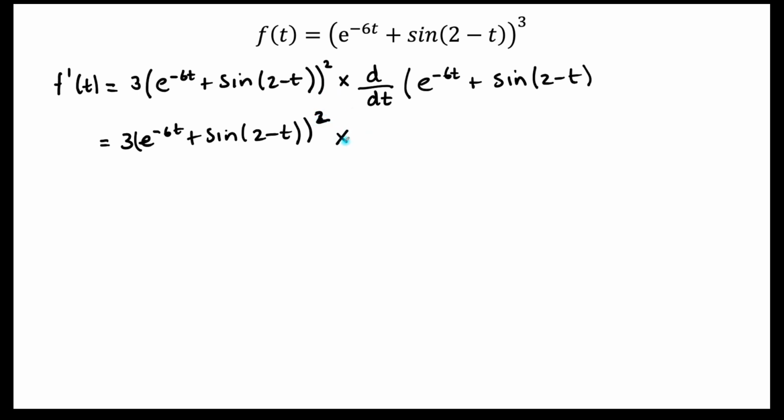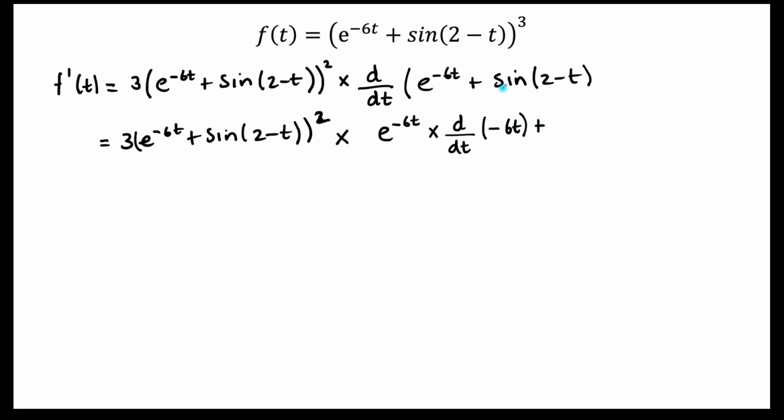Now multiplied, if I differentiate this part, that would give me e to the minus 6t. That's me differentiating the outer part, multiplied by the derivative of the inner part, that's minus 6t, the inner part,